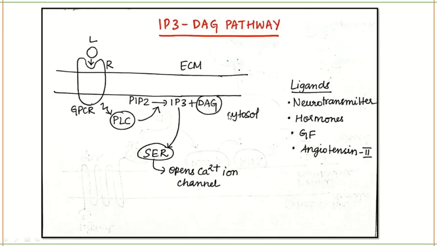Alright, so we have completed the cyclic AMP pathway. I have revised that for you 2-3 times, in the process of teaching you. Now the next pathway which we are going to deal with is the IP3 and DAG pathway. Very important pathway. From this pathway also you will get so many questions for life science exams.